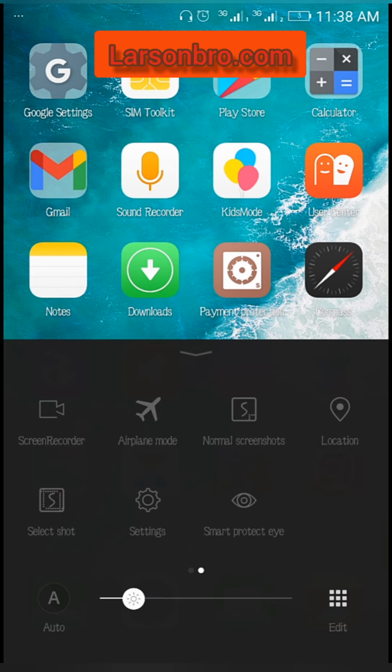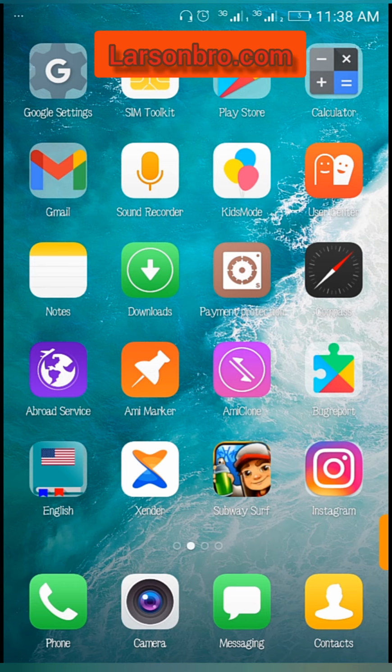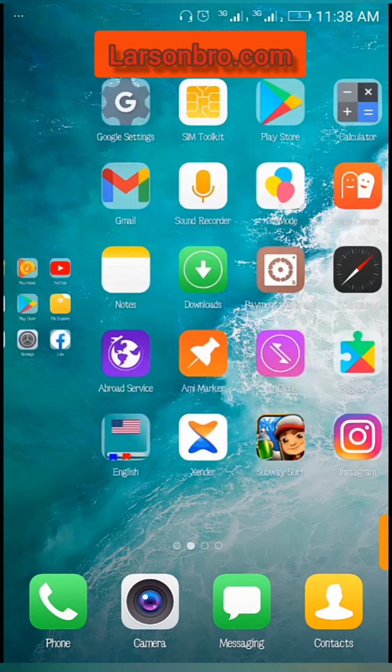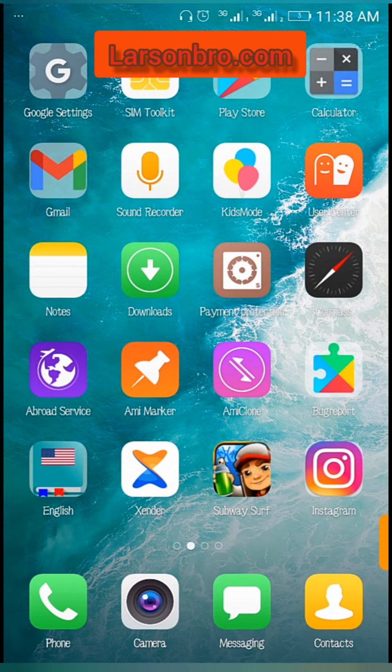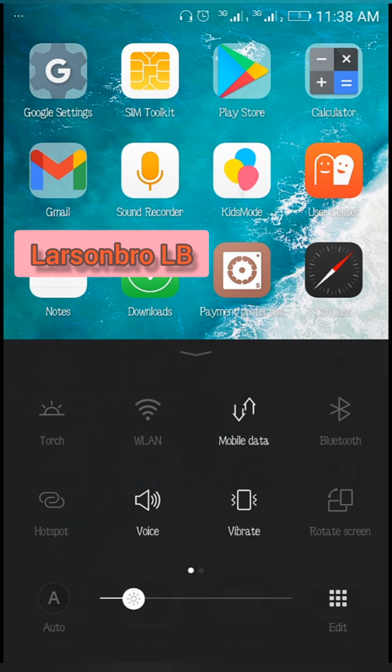Like if I want my data now, my data is on like this, but I can't tell if my data is on. I can't see it at the top at my notification panel. I can't see it anywhere. So all I have to do is just